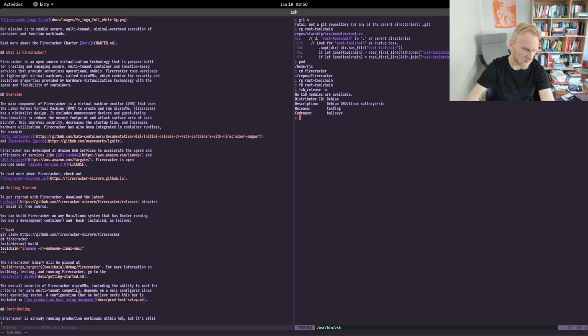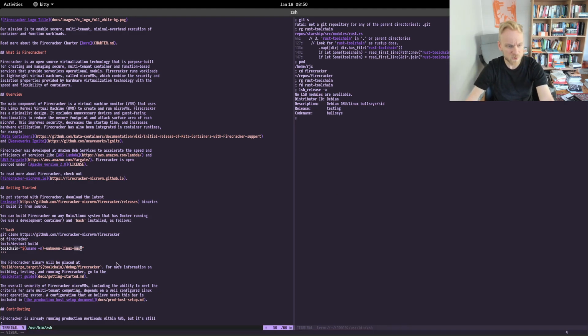So this is a bit of a hint. If you don't know what musl is, or muscle, I don't know how you're necessarily supposed to pronounce the acronym, but it's a statically linked version of libc. That way you can build statically linked programs, so everything is just one big binary blob. That's what static linking is. Whereas dynamic linking is, you got a big portion of your program that doesn't have to be bound together.